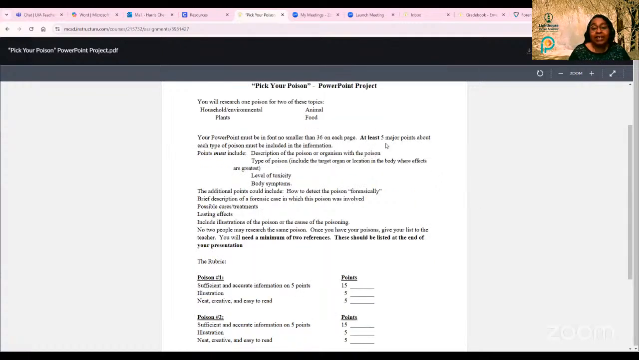You need to have at least 5 major points for each type of poison that you pick. So say, for example, you pick household poison. You want to have 5 major points about that particular poison. These are the points that you should have: a description of the poison or organism that's causing the poison, the type of poison, including the target organ of the body that it's going to affect, the type of toxicity, meaning the level of poison, body symptoms, and additional points that help us detect